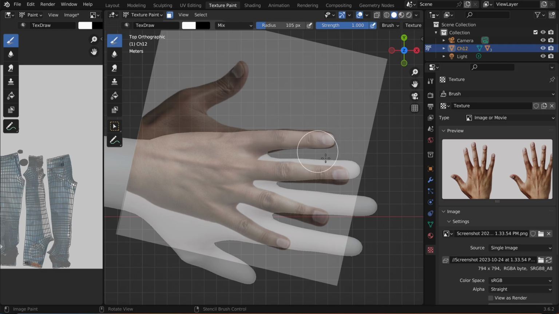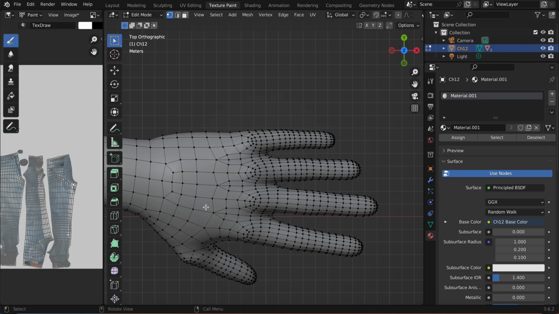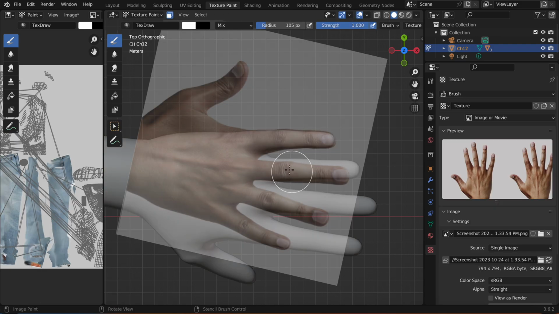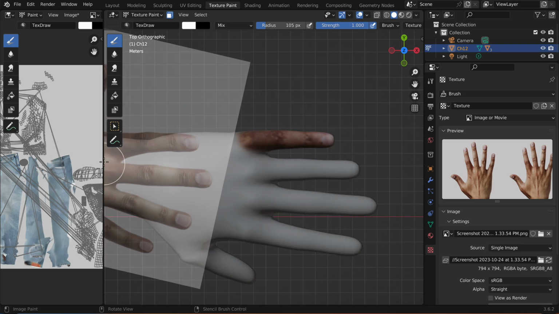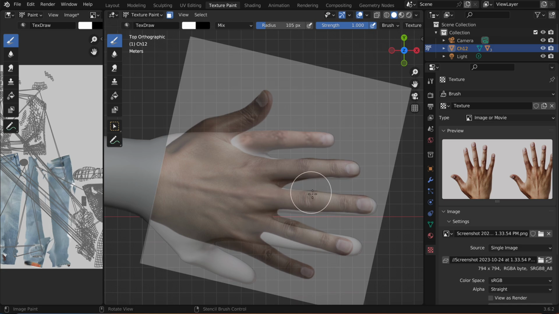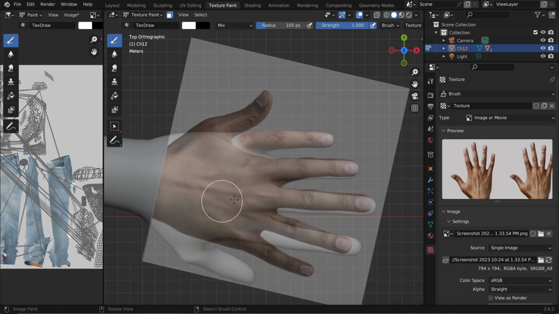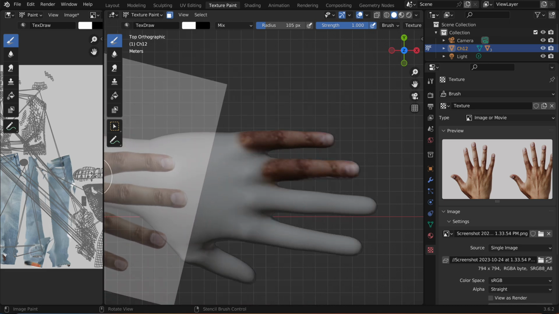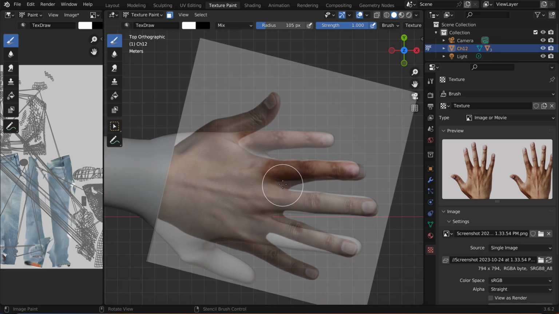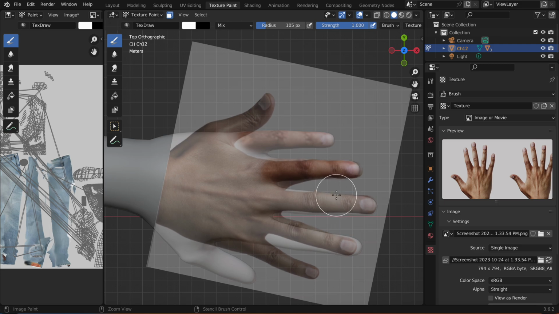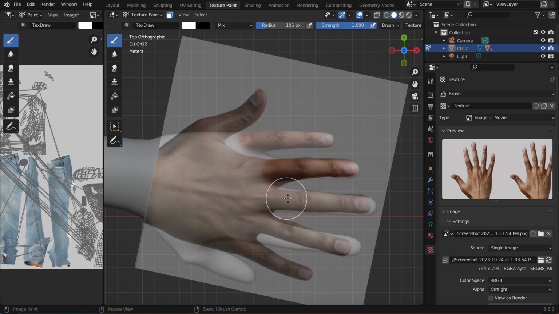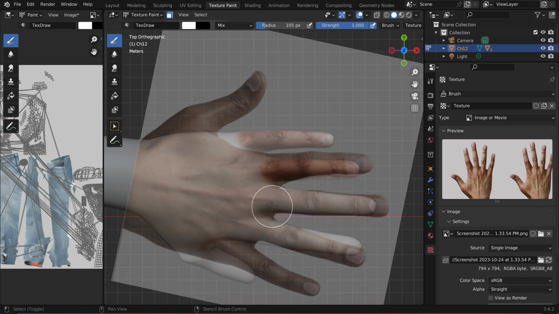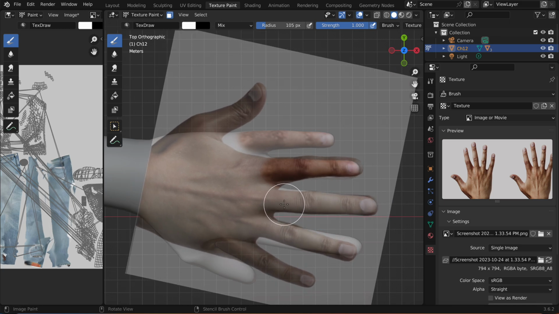I don't have the arm selected. Let me just select the arm, hit tab again. So now I have the hand selected, so I could just paint on this finger, right? And you can see, I could just do that for the other fingers. Just do my best to match it, and then I could paint on that finger too, right? And I could do my best to match it, right? Something like that. Doesn't have to be perfect, but